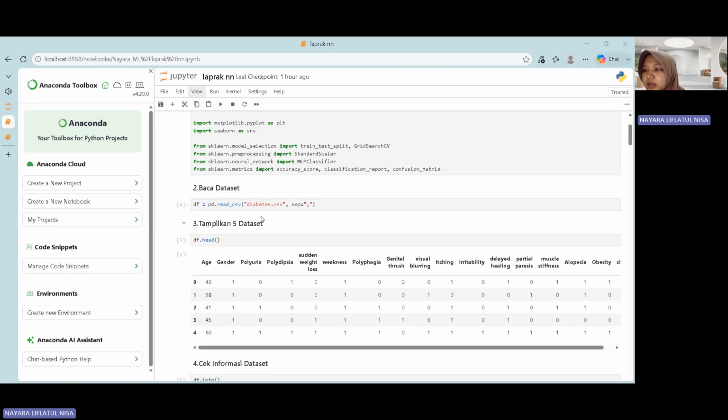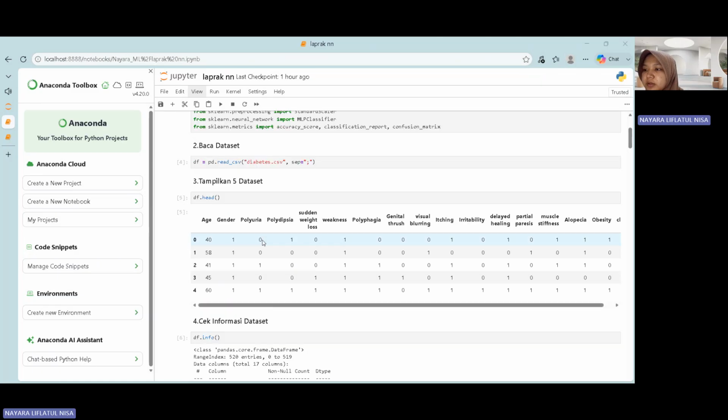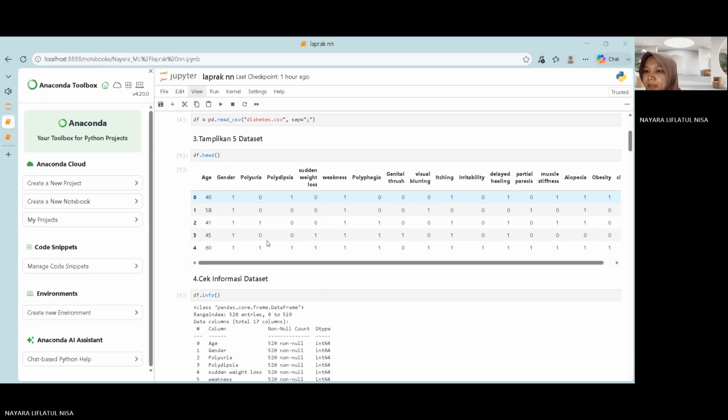Next, I loaded the diabetes dataset into Jupyter Notebook using the Pandas library. After loading the dataset, I displayed the first 5 rows to understand the structure of the data and verify the dataset was imported correctly.